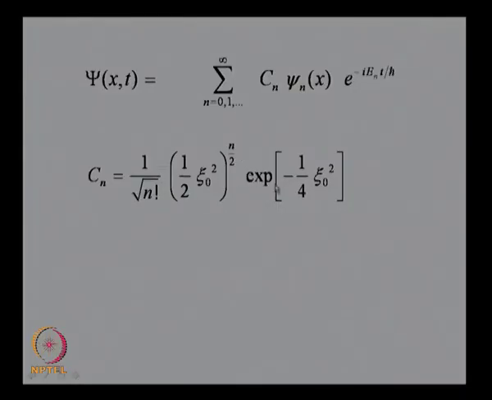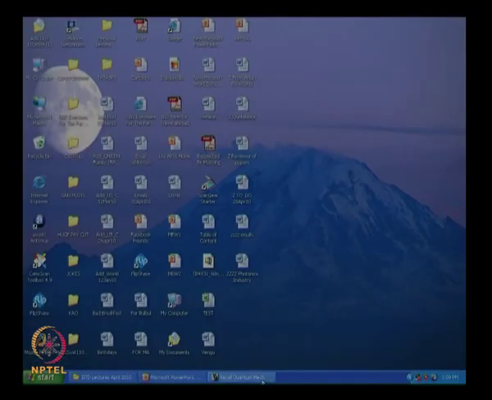Now, I go back to my coherent state and I say that let C of n be given by this. Only thing is I have to give a value of xi 0. Understand this. I then say let me choose C0 equal to so much, C1 equal to so much, C2 equal to so much, C3 and C4 equal to so much. Let Cn be like this. It is a superposition of an infinite number of states, but I have to give the value of xi 0 and let me do that. So, that is known as a coherent state,